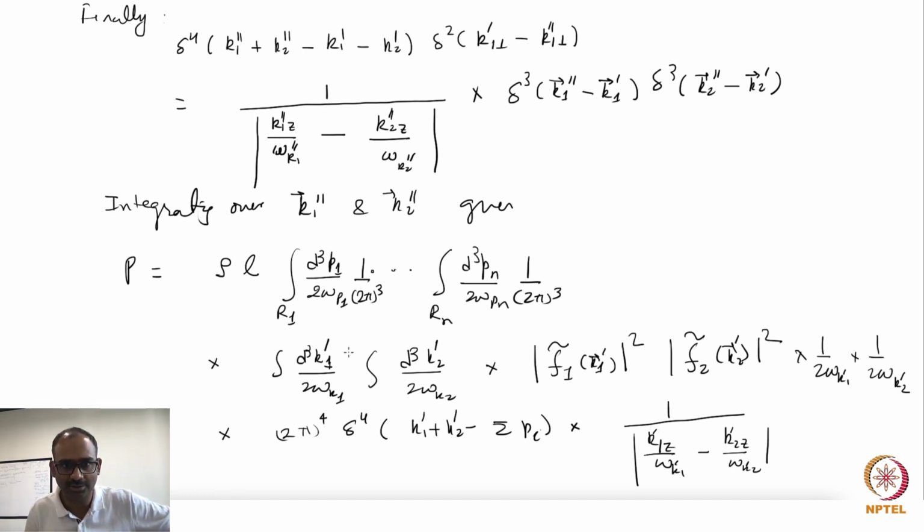And then I use the normalization that you just saw and replace this integral d cube K1 prime over 2 omega K1 prime f tilde 1 K1 prime mod square by 1, and similarly this one, these two together by 1, and then you get the following final result. P is equal to rho times L times